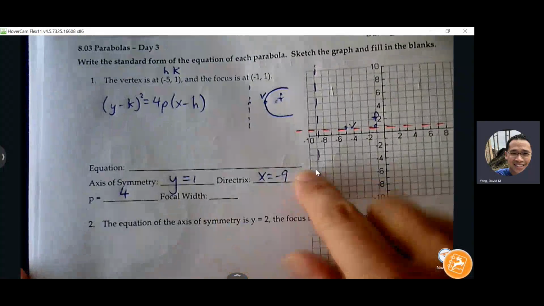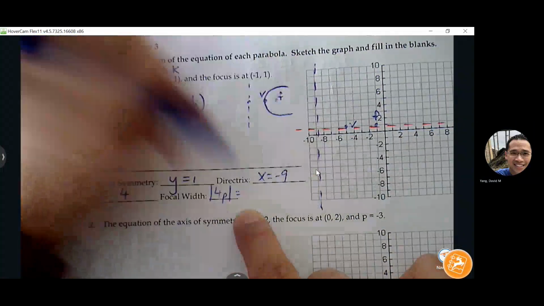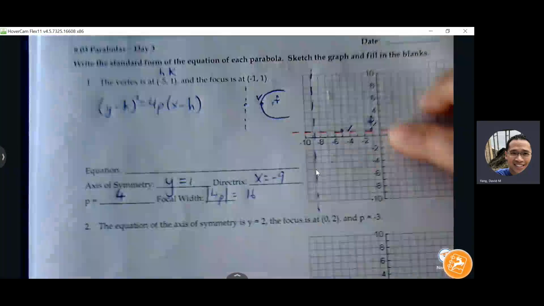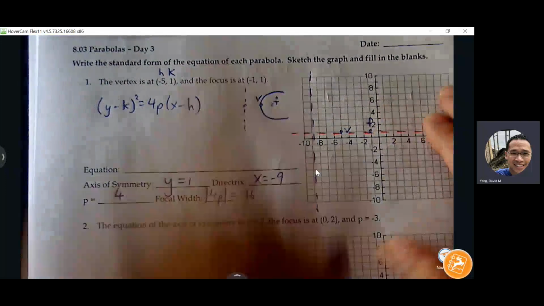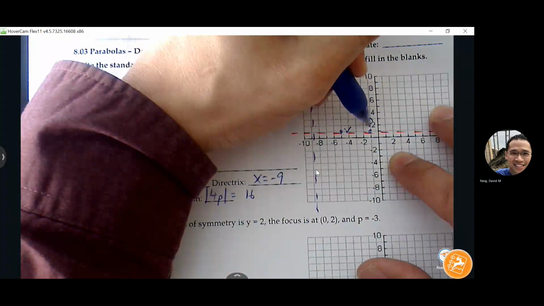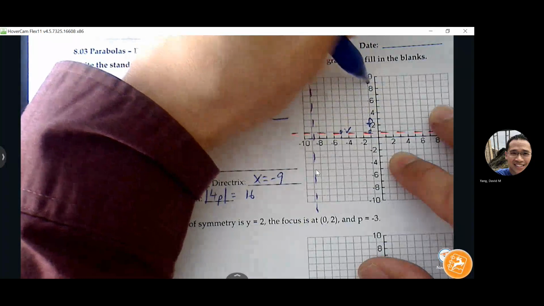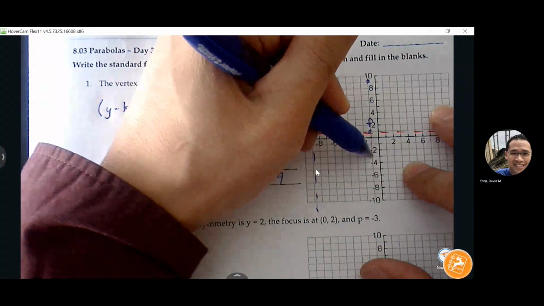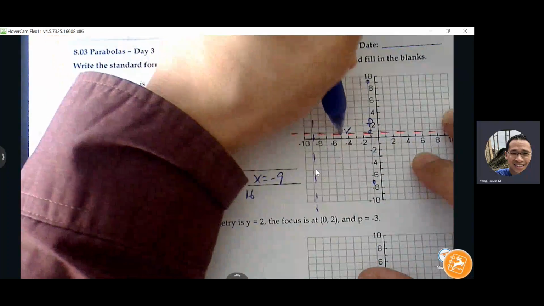Okay, focal width. That's the value of 4p. So therefore, what? 16. So in the focus, I'll go up and down how many units? 8, yeah, only half. So it's going to be a pretty wide parabola here. Okay, so from your vertex,